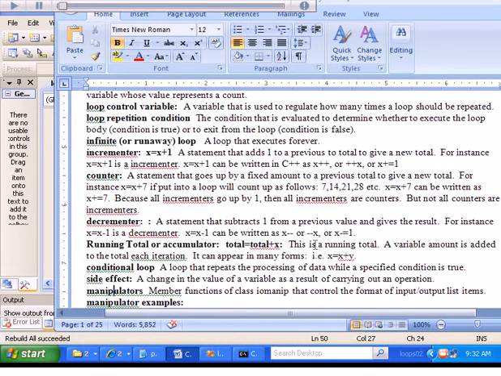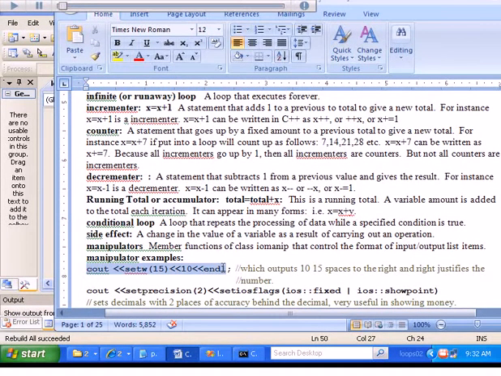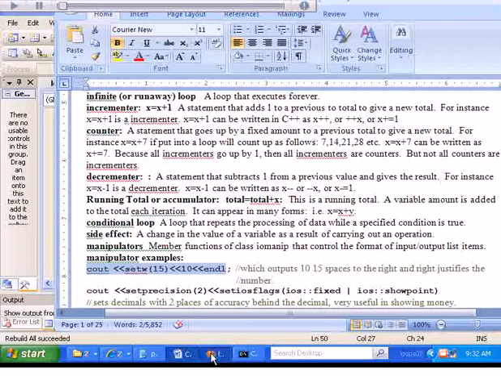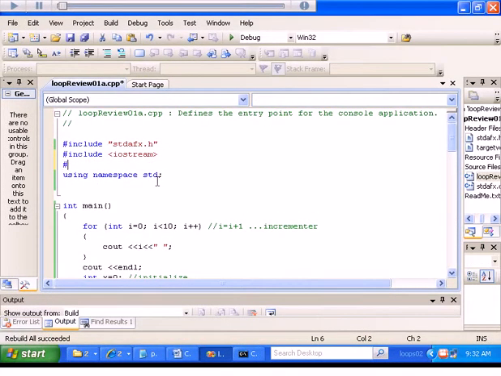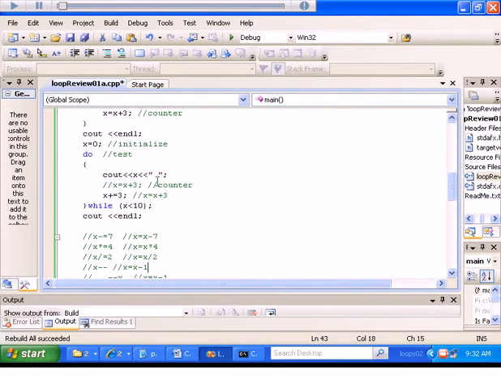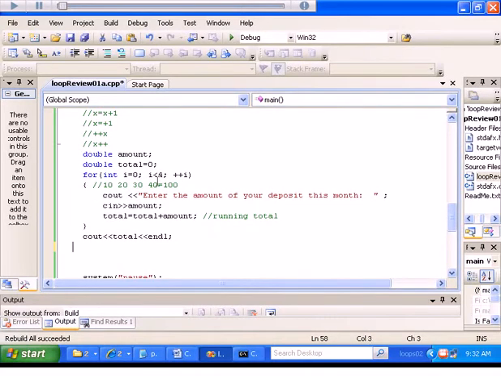Okay, a little bit lower, I've got this business of iomanip, and it is used to format and to list examples. And I give an example here. I'm going to go ahead and copy this line of code, and I'll paste it into my program here. To use this, I need to include a header file we don't see too often, which is called iomanip. And what iomanip is used to do is usually to format our output in some way. So I'm going to give a little example of this. I'm going to paste this code here, and we'll see what